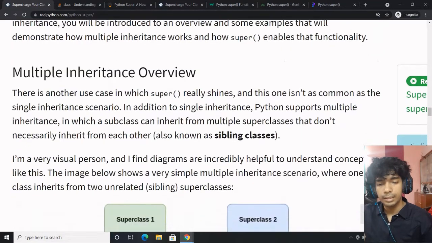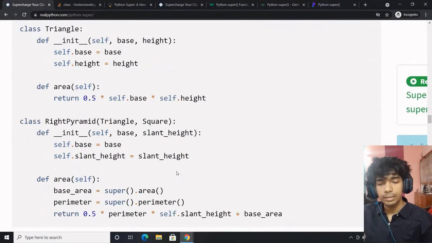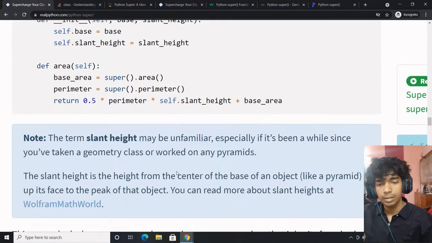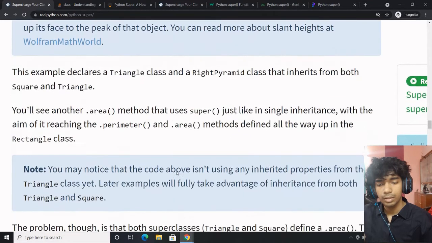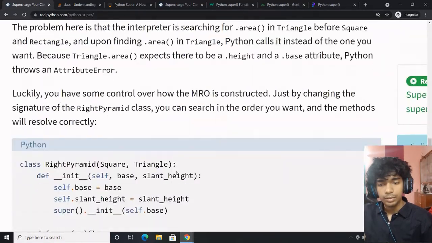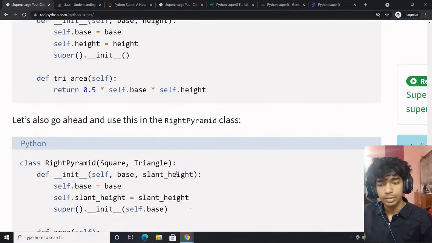Super in multiple inheritance. I think we just saw this. Method resolution order, we saw this.